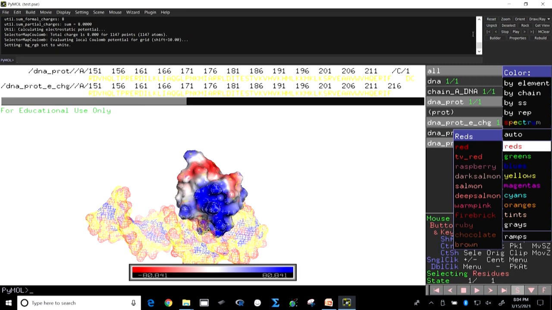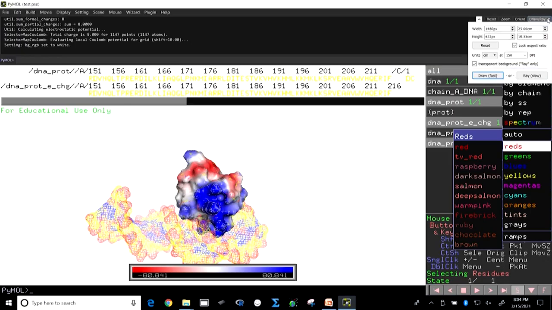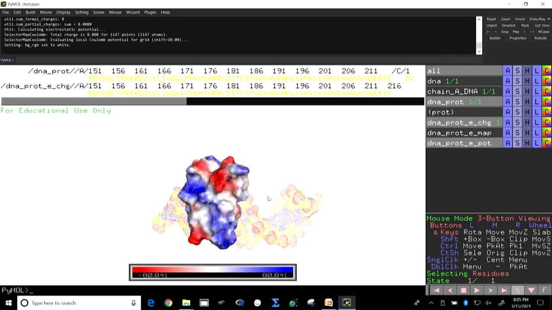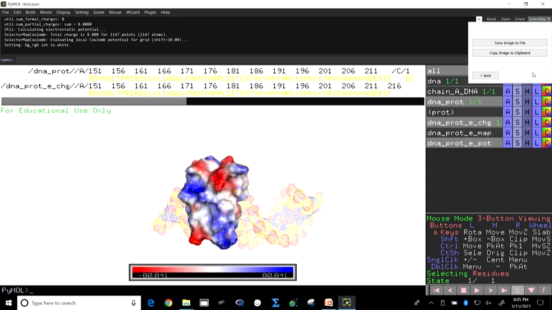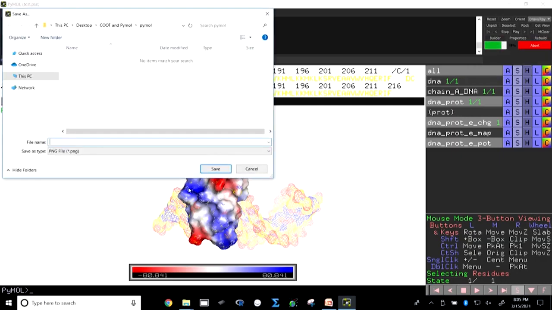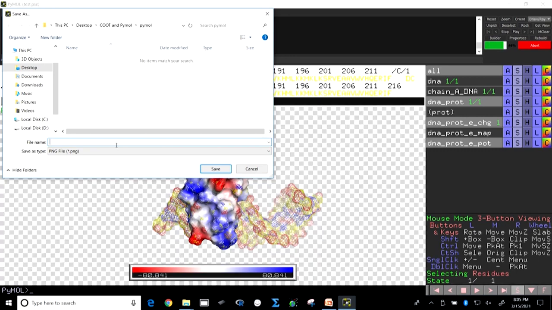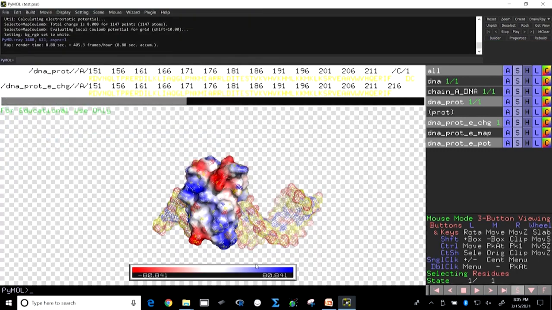Now here also there are a lot of options. You could reset, zoom, orient, and one of them is rastering, which is ray rastering, make the structure more finer. When you are using ray, you are actually giving your structure much better. So you could save it as a figure. So you see the changes, this is the ray is performed,